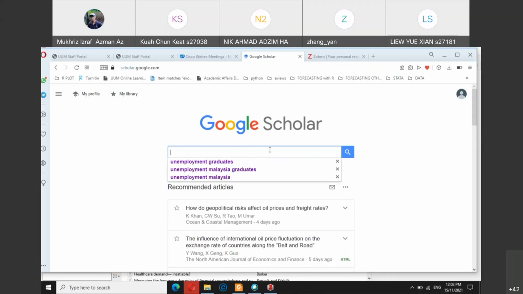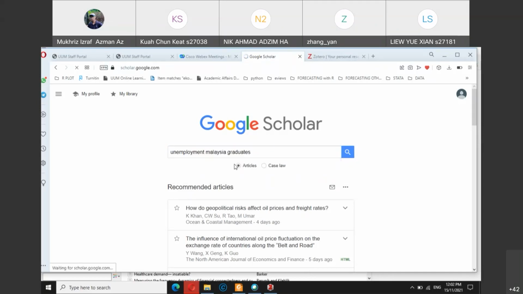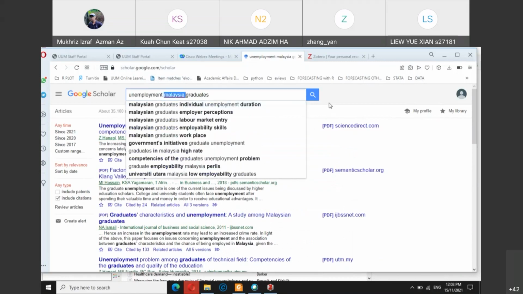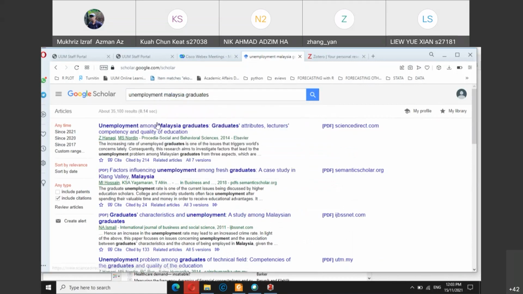Okay, so for example, this is the keyword that I used this morning. Let's say you want to do an article or a project on unemployment among Malaysian graduates. Of course, you need to be clever and smart in the choice of keywords. Let's say we want to look at unemployment among Malaysian graduates because you want to focus on Malaysia. The minute you put Malaysia, most of the results will focus only on keywords that contain Malaysia, so it will exclude many of the articles not using Malaysia as the setting. So meaning you're going to get fewer